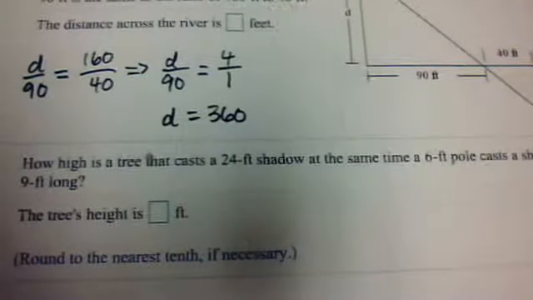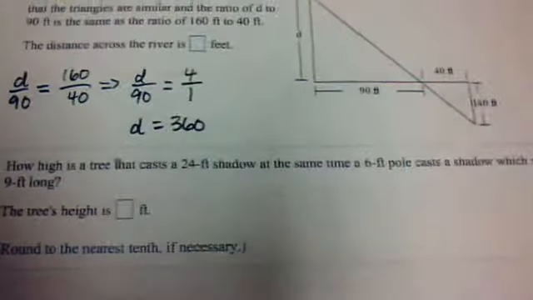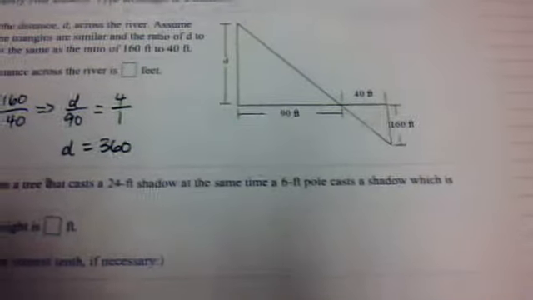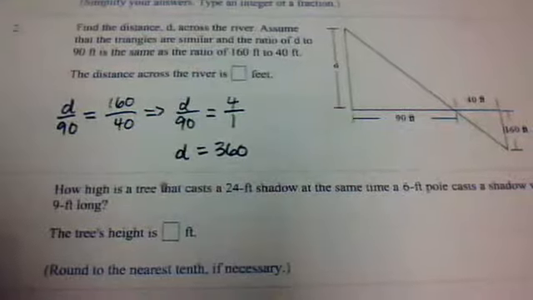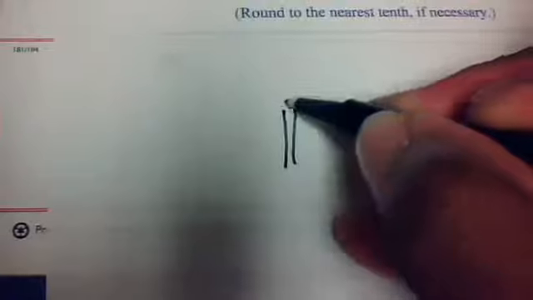And then finally, number 3, how high is the tree that casts a 24-foot shadow at the same time a 6-foot pole casts a shadow which is 9 feet long? And you want to round to the nearest tenth. Okay, in this case here, sometimes drawing a figure would help. If I have a tree,